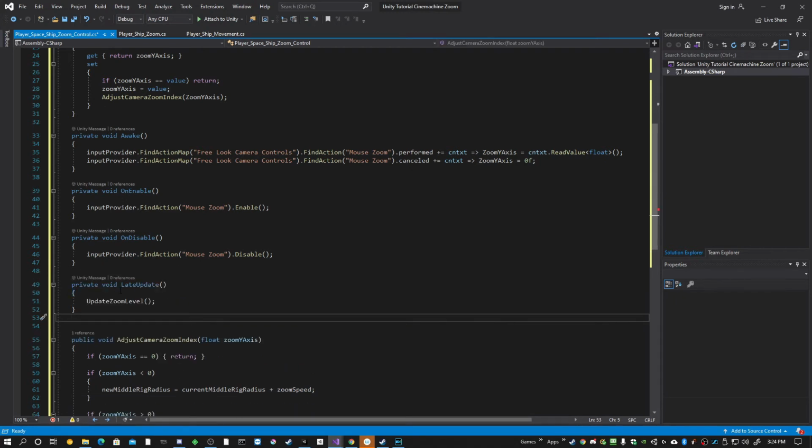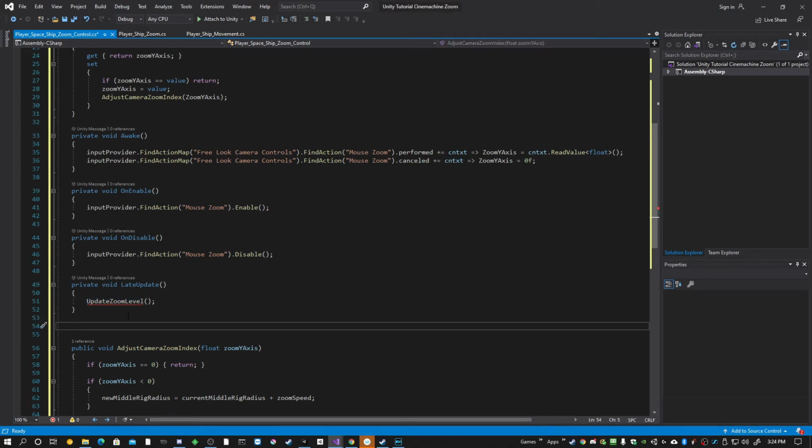Just putting that late update under on disable. And let's do the update zoom level. That's what we're going to call in late update. And our very last method now, right here,